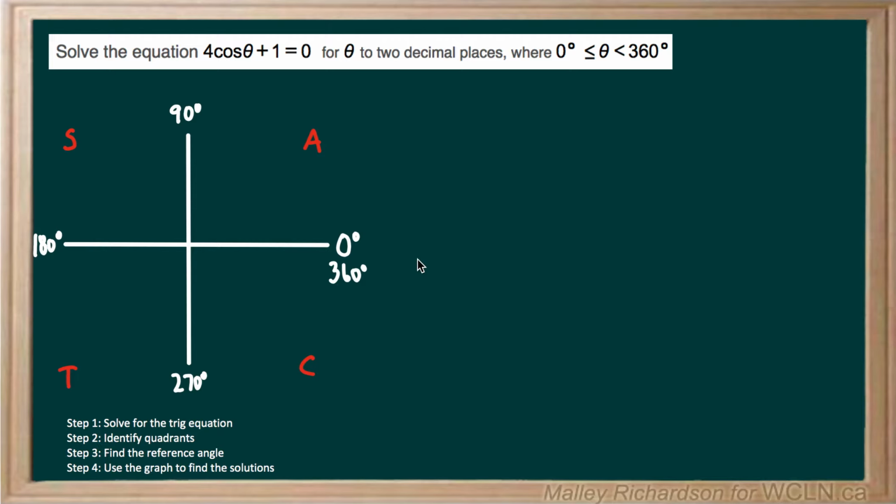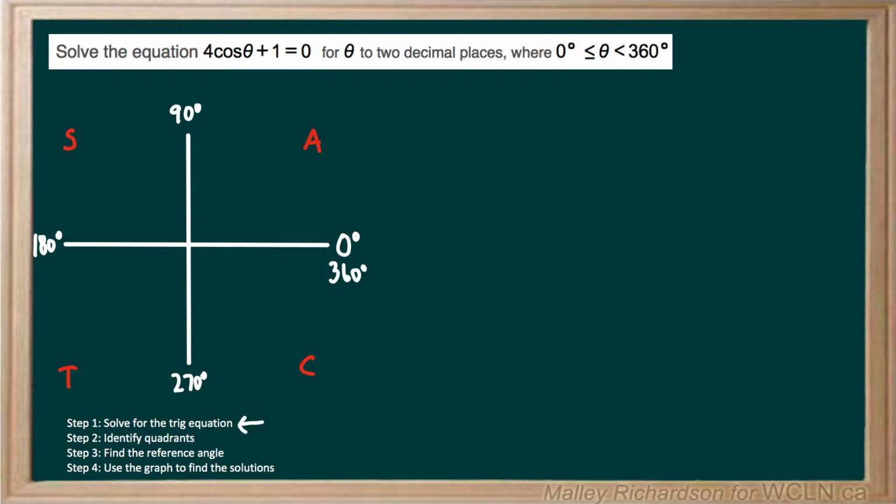Solve the equation 4 cos theta plus 1 equals 0 for theta to two decimal places, where theta is greater than 0 degrees but less than 360 degrees. To solve this problem, we want to use our 4 steps below, where our first step is to solve for